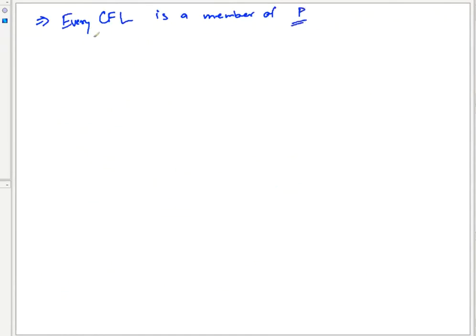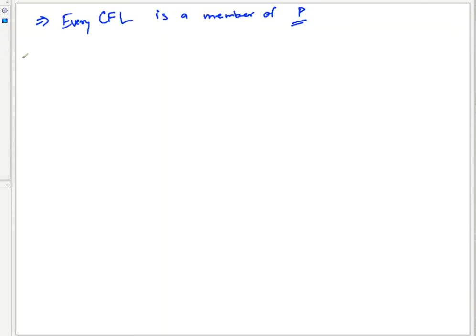If you prove every context-free language is a member of P, certainly every regular language is also a member of P, right? By default. And that is why every context-free language is a member of P, so you are able to do matching and all that, and you are able to build compilers and everything. This all became only possible because tokenizing and then actually parsing and doing matching, string matching and all that is based on the context-free grammars. So you are able to do all that in polynomial amount of time.